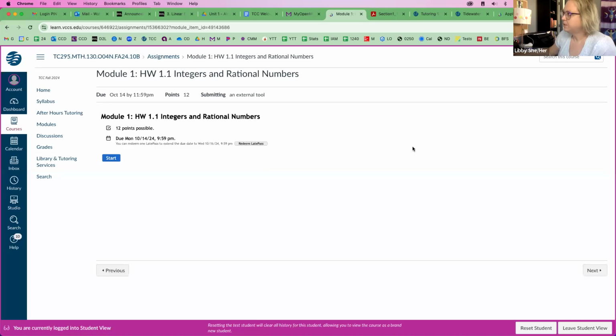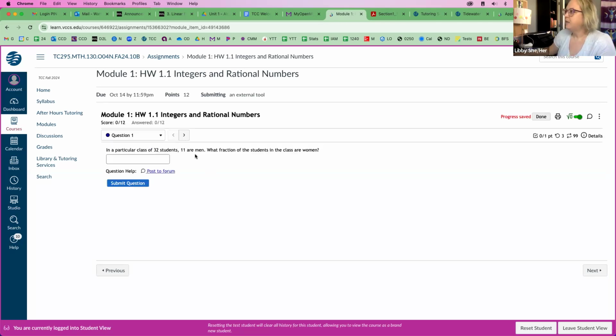the homework. Let me make sure that this is working. So see how it says redeem late passes? You guys all get 20 late passes to use. You don't want to click on this because it's not past due. But say you were doing a homework a little bit late, then you would redeem your late passes to do it. So click start. So now we're in the homework system